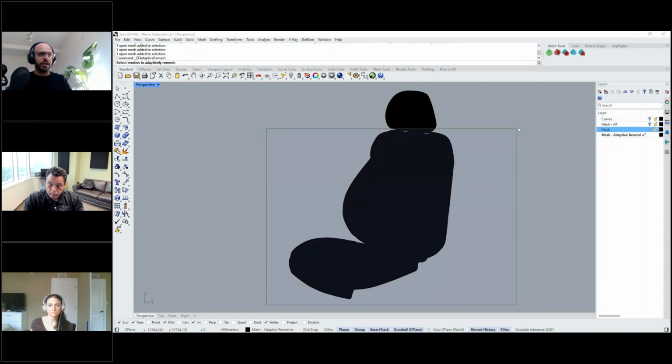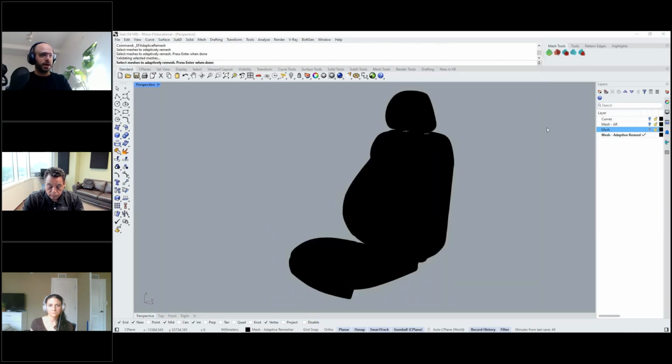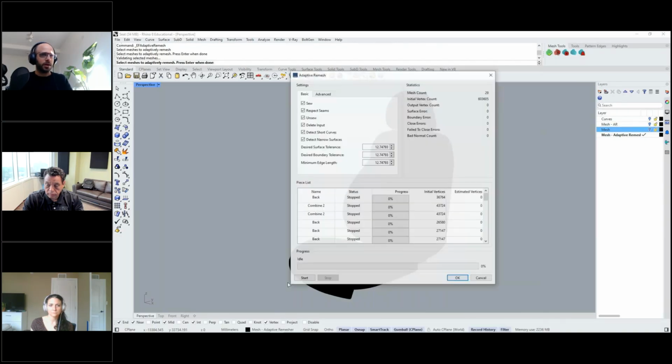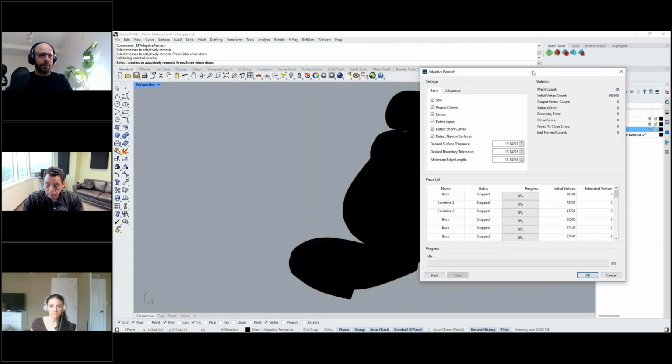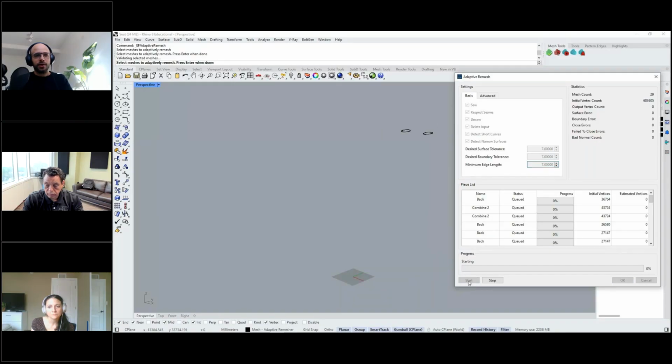I'm going to select the ExactFlat adaptive remesher command, select my geometry, and that will bring in a menu, there we go, where we can set up our tolerances. In this case, I'm just going to use 7 units of tolerance. I know that this value works very well with this model, so I'm just going to hit the start button to confirm it. And we'll see now that we had an initial vertices count for each piece that's sitting around 10,000 up to